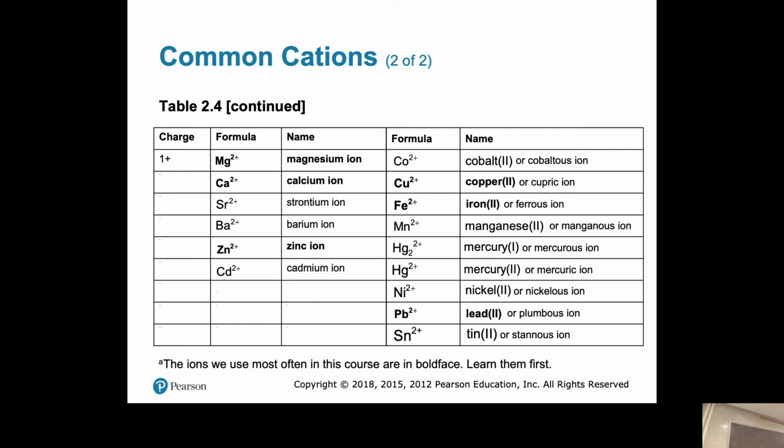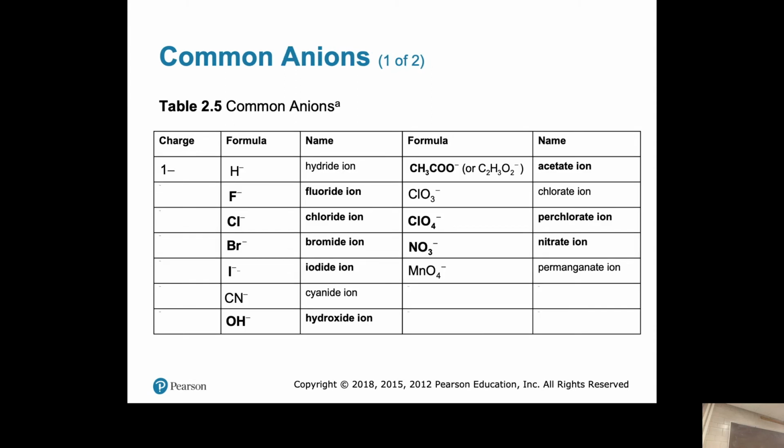So you have plenty of metals here that have multiple charges, and that's what I'm showing you there. Okay, so here's some anions now. Luckily for you, the anions all have the same charge, right? They only have one charge. You don't have to worry about those, right? So not iron. Hydrogen can also